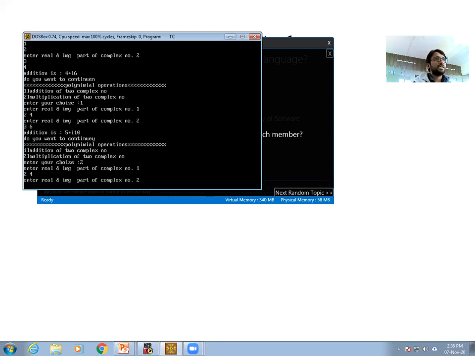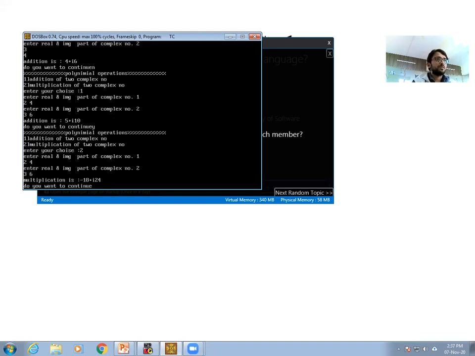Then for the second complex number, 3 space 6. Now if I press enter, it will display the multiplication of these two complex numbers.